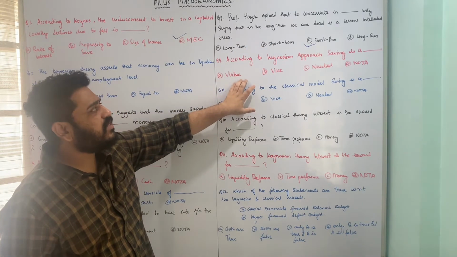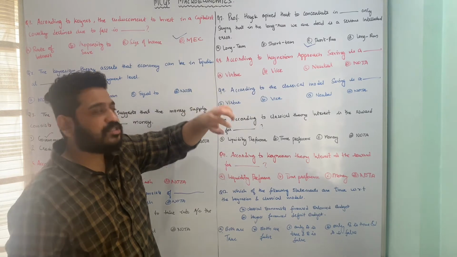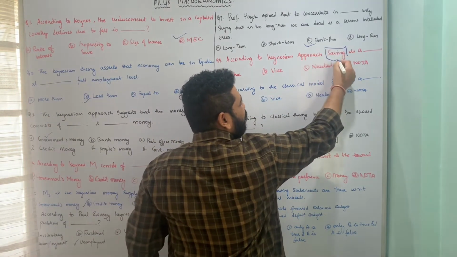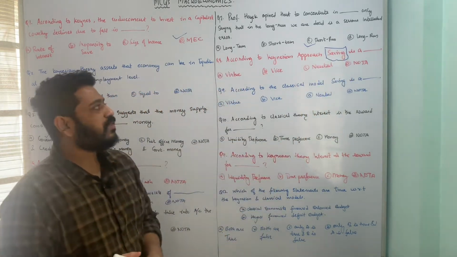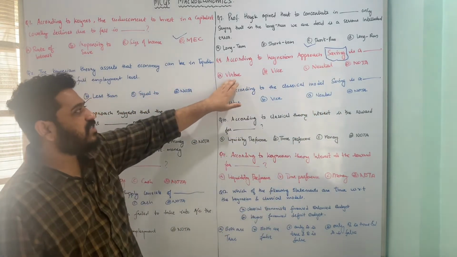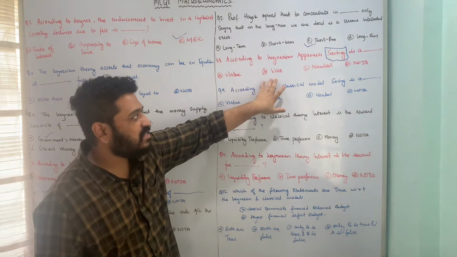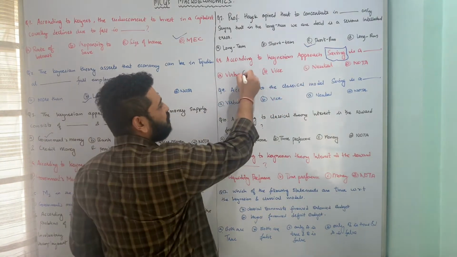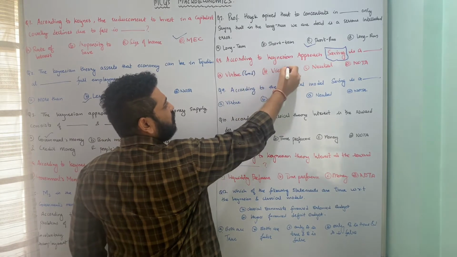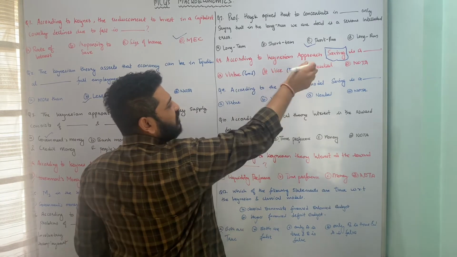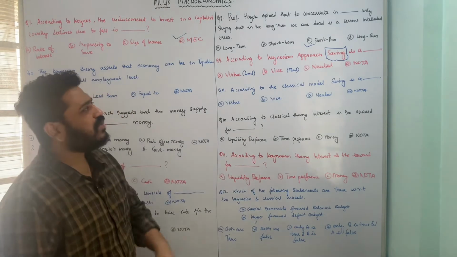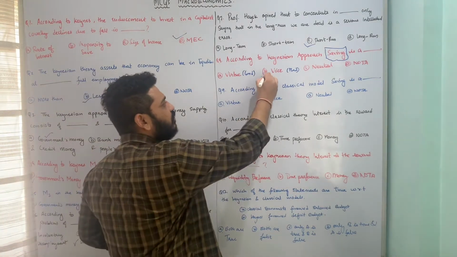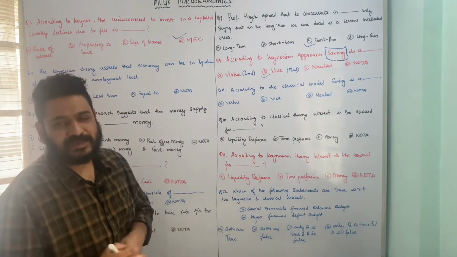Let us now move to the next question. According to the Keynesian approach, saving is a dash. Is it a virtue, is it wise, is it neutral, or none of the above? Particularly this means is it good, is it bad, neutral, or none of the above. So according to the Keynesian approach, saving is bad, or is wise, so therefore option B is the